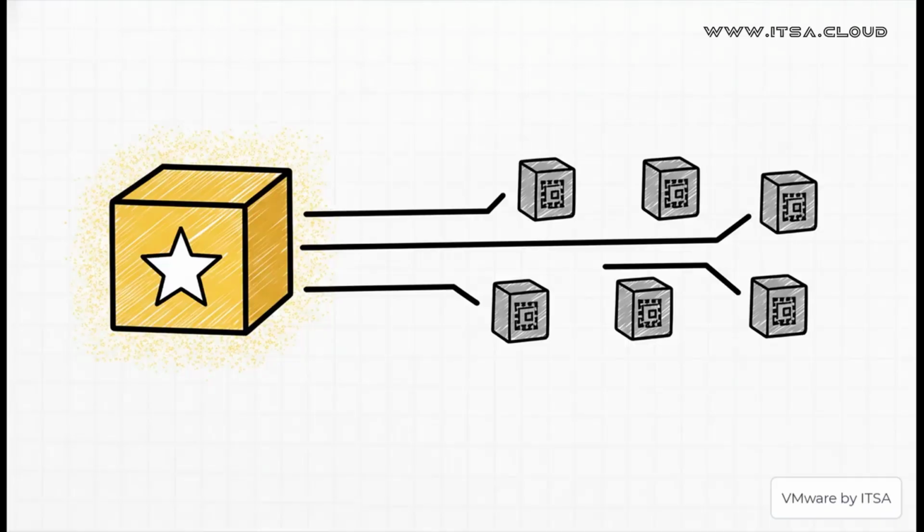Your first superpower is absolute consistency. Because you have that single source of truth, every single VM that gets deployed is guaranteed to come from the same approved image. And what that really means for you: fewer weird configuration-related support tickets and a much more secure and compliant environment right from the start.